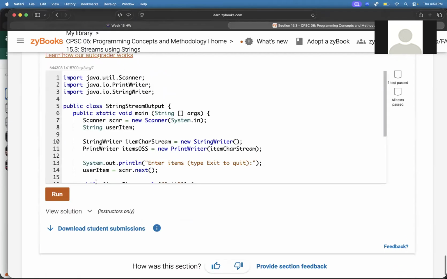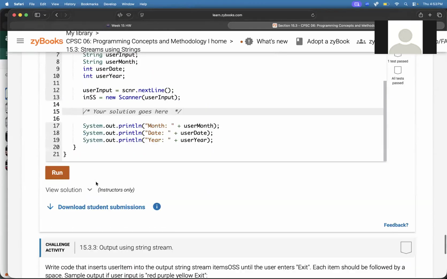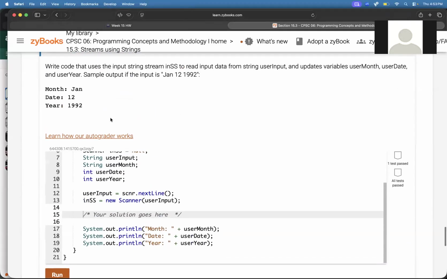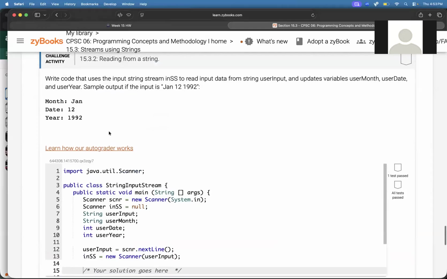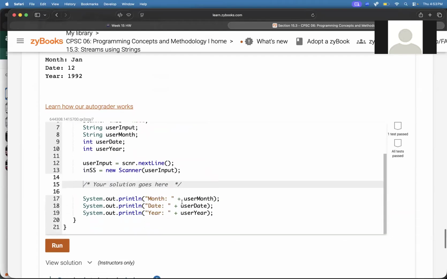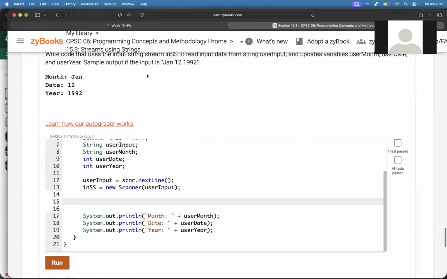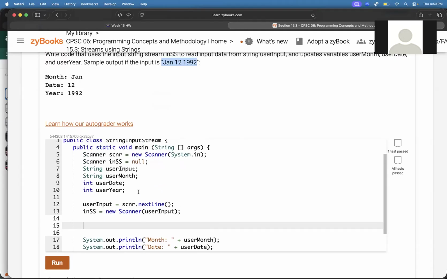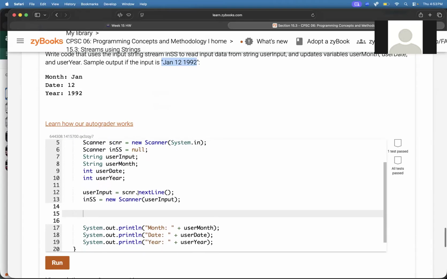So we got a couple to do here. All right. So let's pick up the pace a little bit. So what's it say? Write code that uses the input string stream in SS to read input data from string and update the variables, blah, blah, blah. Okay. So what are we doing? So the user types in this, which is in SS. So we have to set these up. So we're going to have to set up a scanner for,